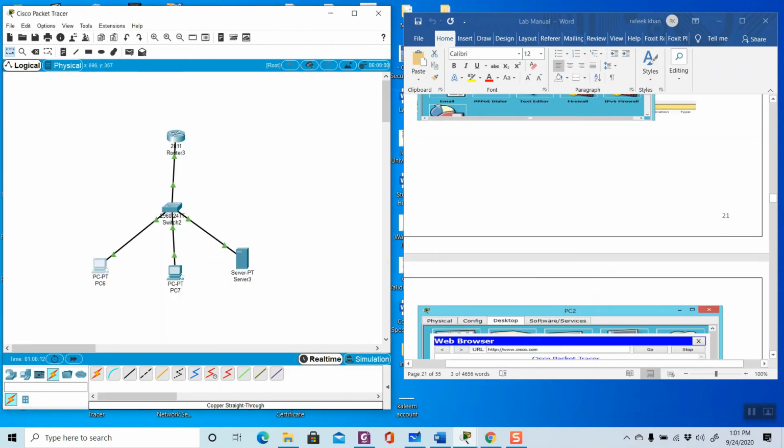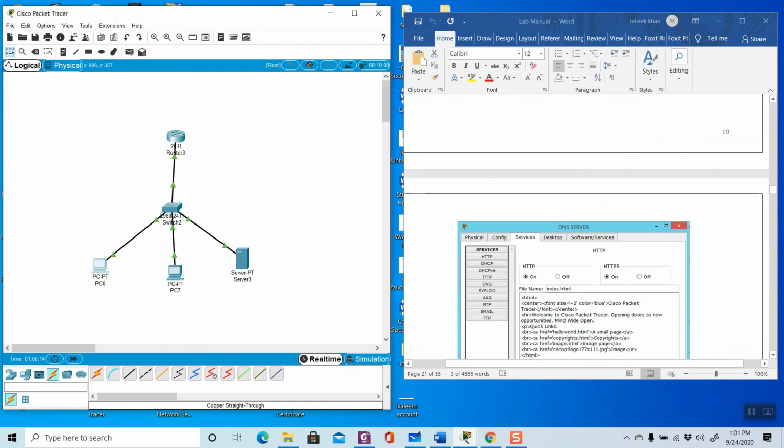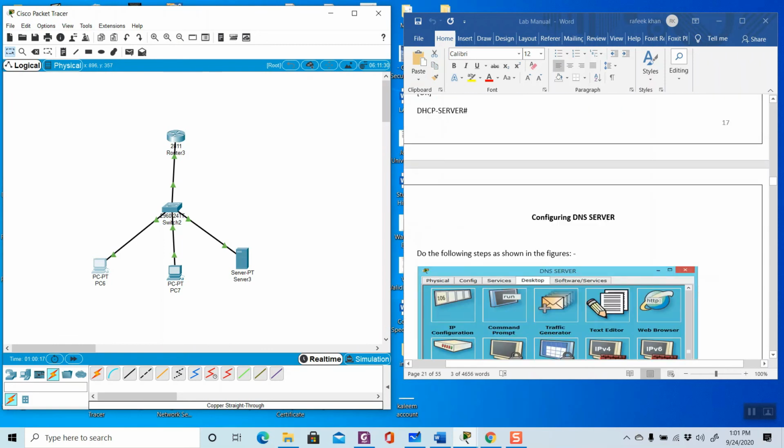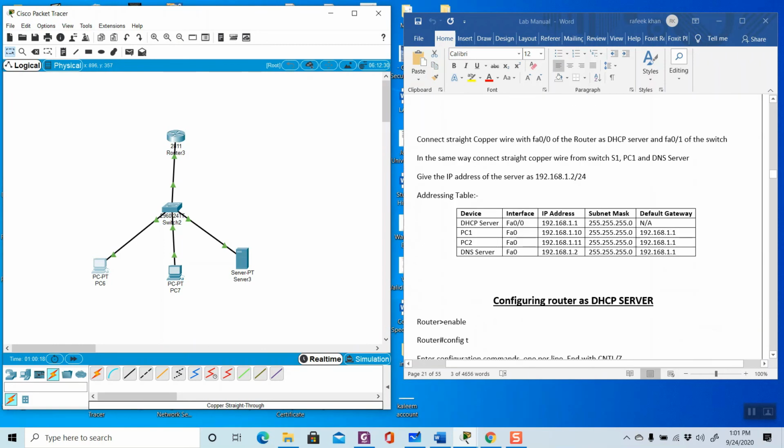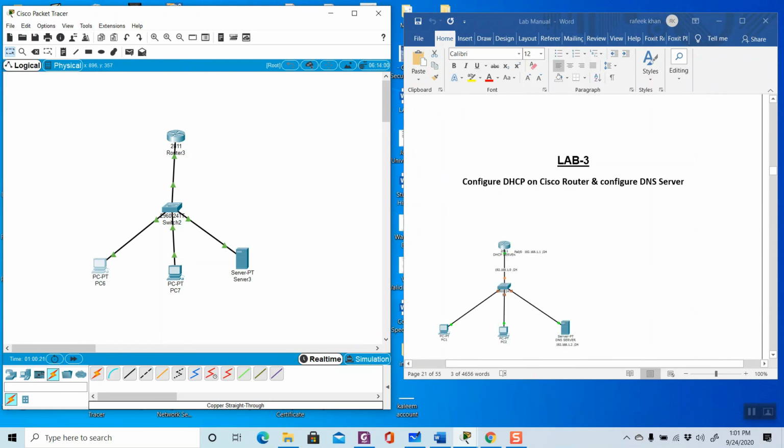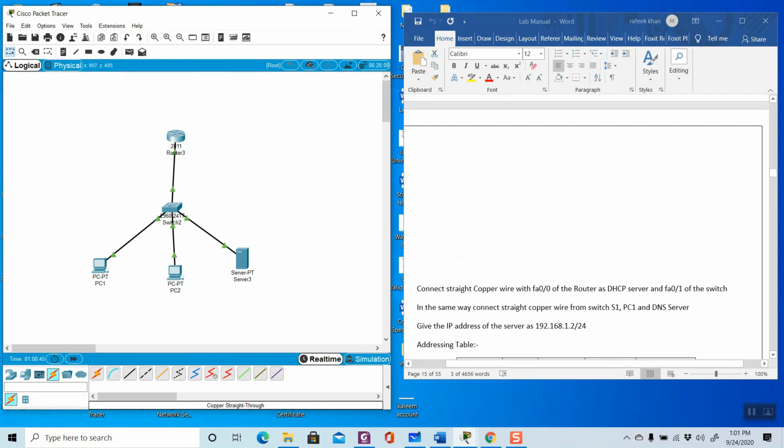So again I am revising what we actually did in this lab. In this lab we are making the router a DHCP server. It provides the IP addresses dynamically to the PCs. Here you can change the name because it comes automatically. There are only two PCs, so it is better to write the names PC1 and PC2. This router provides the IP address dynamically to PC1 and PC2.